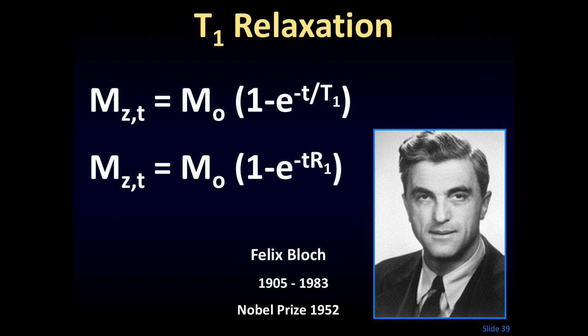Now, Felix Bloch was a physicist who in 1948, or 47, published the famous Bloch equations, named after him. He won the Nobel Prize in 1952. And I don't know if this is exactly the mathematical expressions he used, but the math that we use now is that the magnetic field strength is equal to the maximum magnetic field that you can achieve, which is M naught, times 1 minus e to the minus t over T1, or you can use the